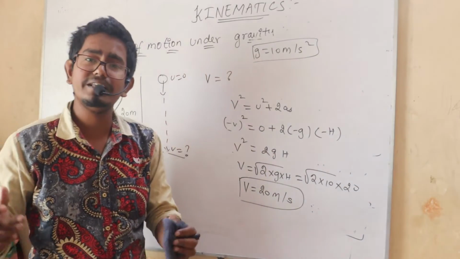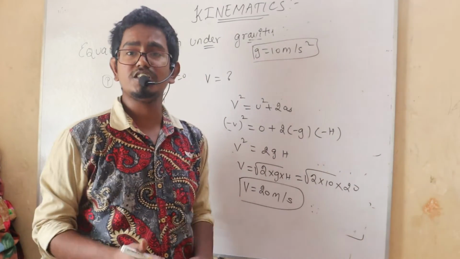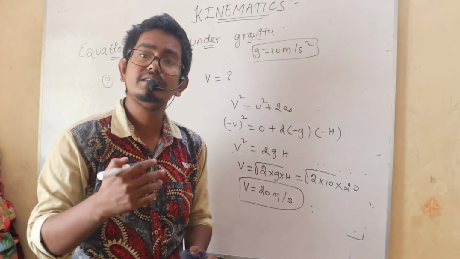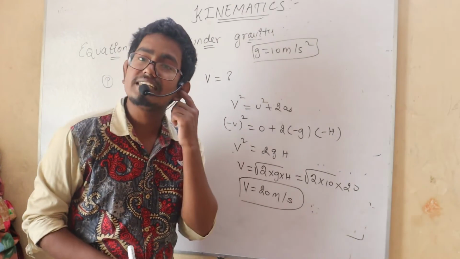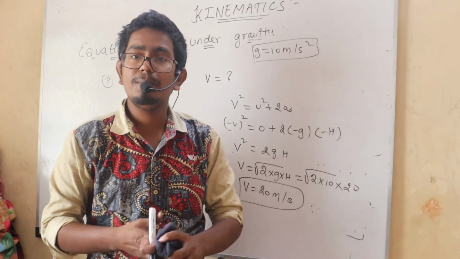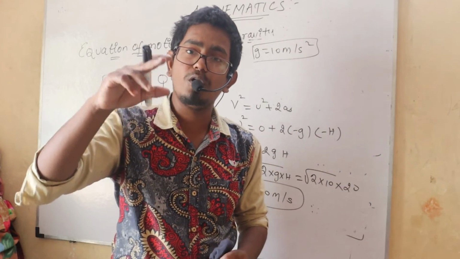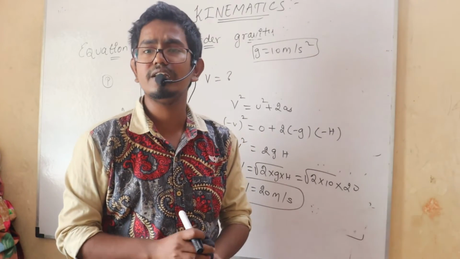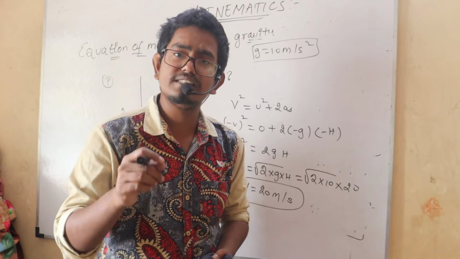You should not have to bring a speedometer to measure the speed. It is how we should use it in our daily life. If someone asks you, if I'm at a height of 50 meters and I'm projecting the ball in downward direction, with what velocity will it hit the ground, or strike the ground?